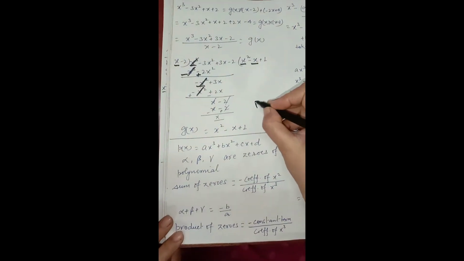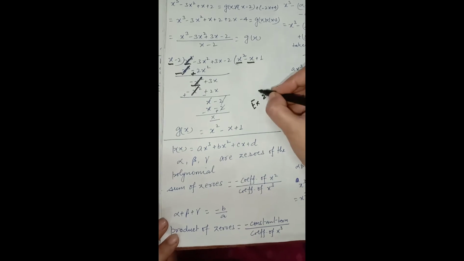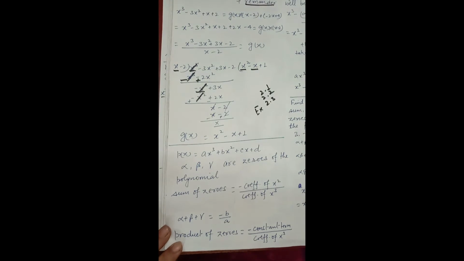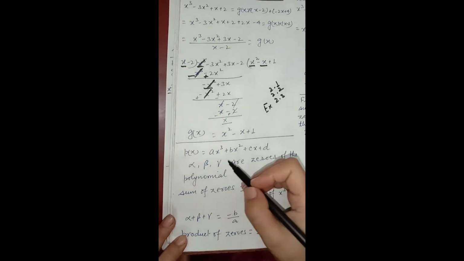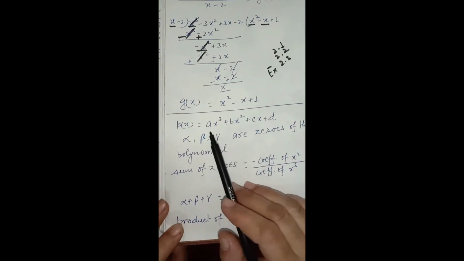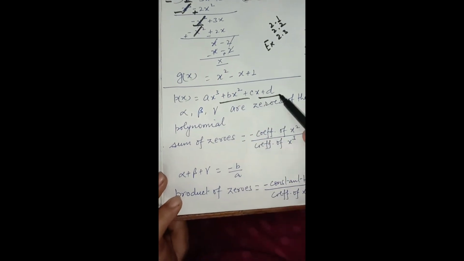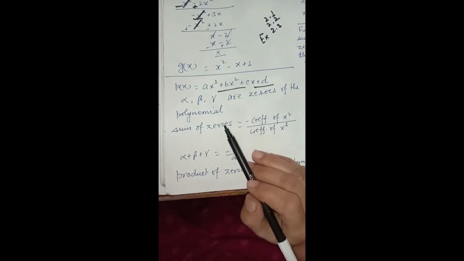Students, you will do exercises 2.3, 2.2, 2.1 from your NCERT books, and 2.4 is the optional exercise, but that can also come. So we will consider that exercise also. In that exercise, we will consider the cubic polynomials. So the standard form is ax cube plus bx square plus cx plus d is the standard form of a cubic polynomial. Now it is a cubic polynomial, so it will have 3 zeros.